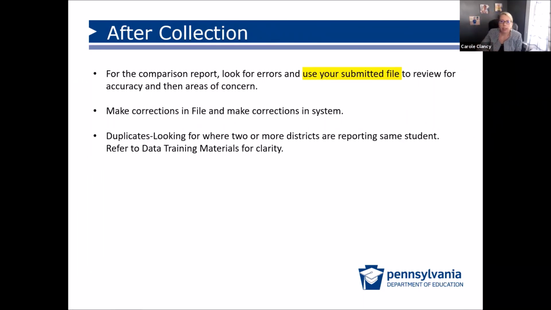So after the collection, after you have it pulled, you have it clean, you will get a comparison report. That should come from the intermediate unit to look at a year-to-year comparison. That's where you have to put in whether you have reviewed your data, whether you have corrected your data. I can't emphasize this enough. That comes out for a reason, and the reason that you have to enter into every single field, correct, or